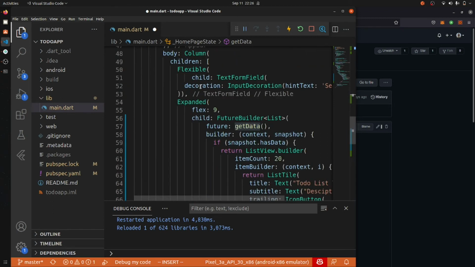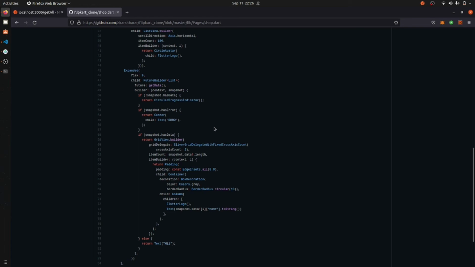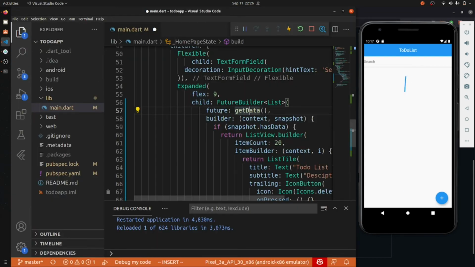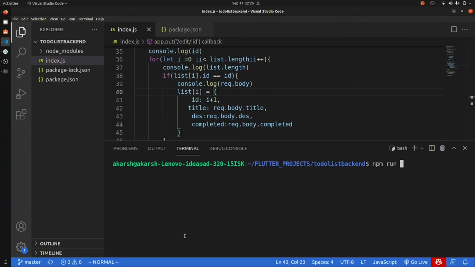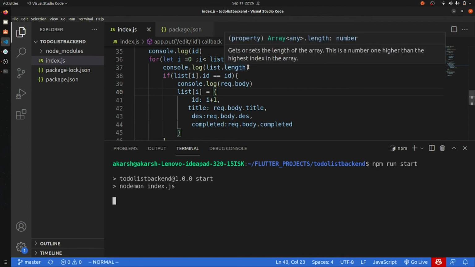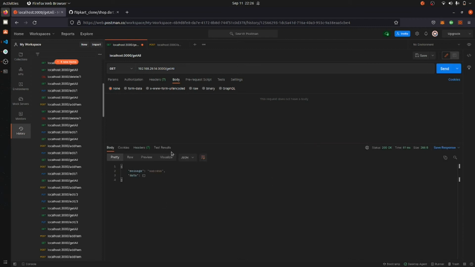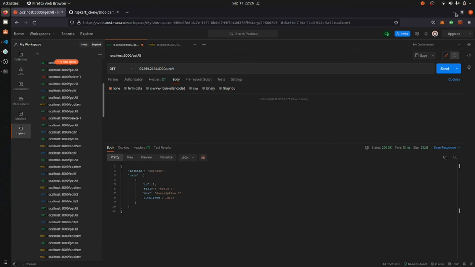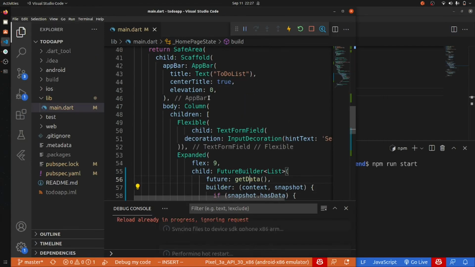JSON.decode future get data. Why is this happening? Is my server running? Let me just rerun it and npm run start. Okay, my server is running, and if I just get the whole stuff, we have data, and if I just add one item, I get one item. Okay, we have one item here, and if I just try to reload the whole stuff,